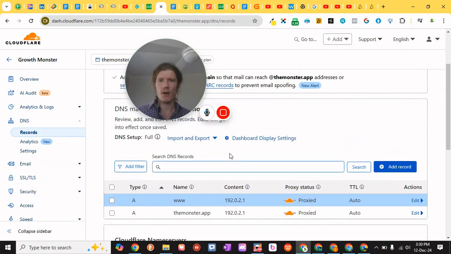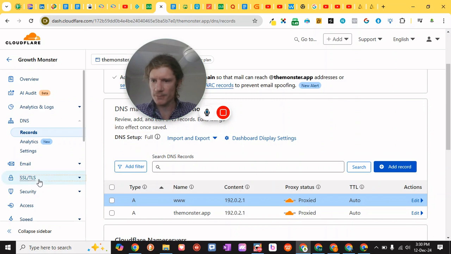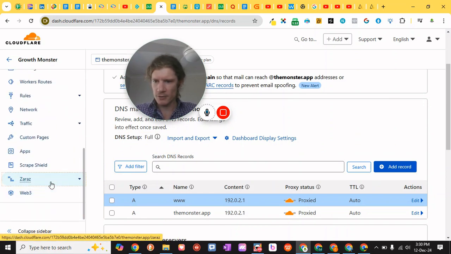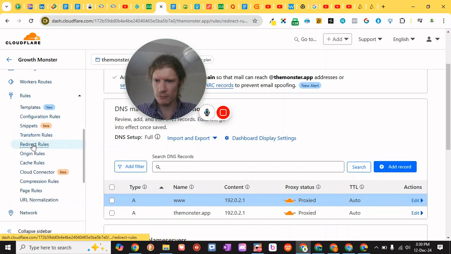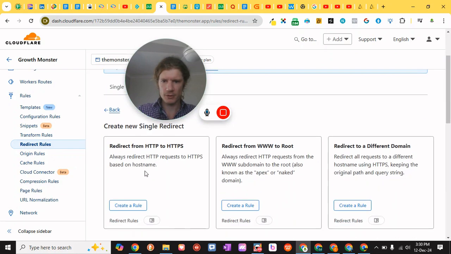So basically what I'm doing here is all the traffic that goes to this website is going to be redirected to my other domain where I host my page. So then we want to go down to rules and redirect rules, and we're just going to create that rule,